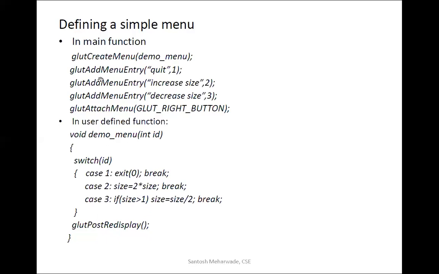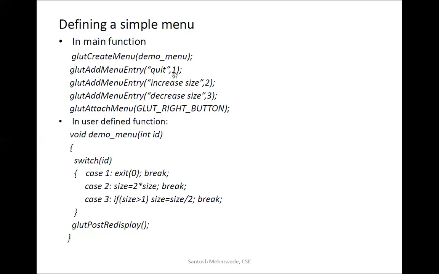So here, we have defined the menu items. Now we should add them as menu entries. First of all, we are going to label it as Quit. Quit is the item that we are going to see on our menu. The first one is Quit, and along with that, we are going to pass the value for it, that is one.